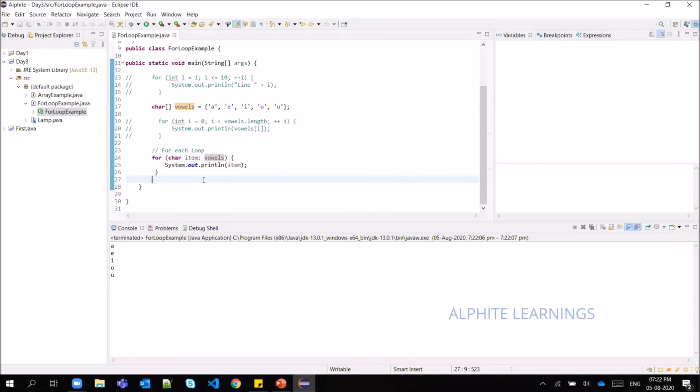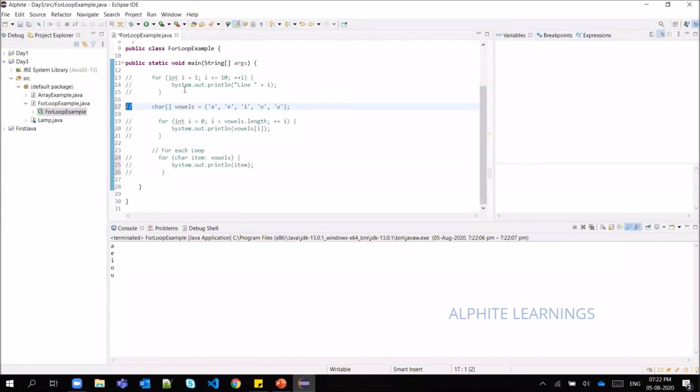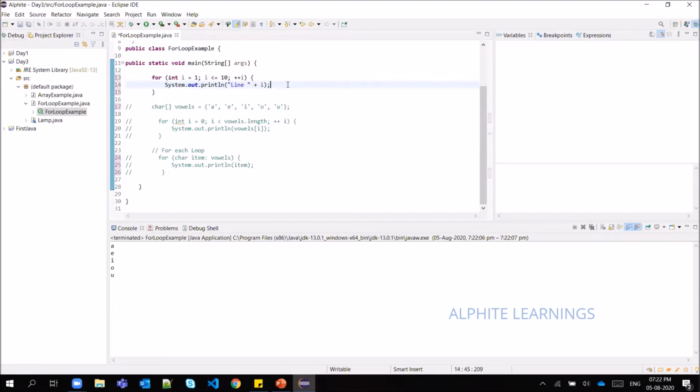And one more thing we have is the infinite loop. What is an infinite loop? Sometimes, instead of this increment plus plus, I'm giving minus minus.